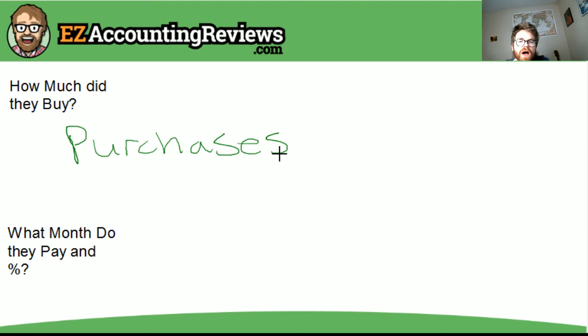So there's going to be multiple months, right? They're going to have a lot of purchases, and the key really is to figure out what month do they pay and how much of it. It's all about pay, right? Which means cash outflow,